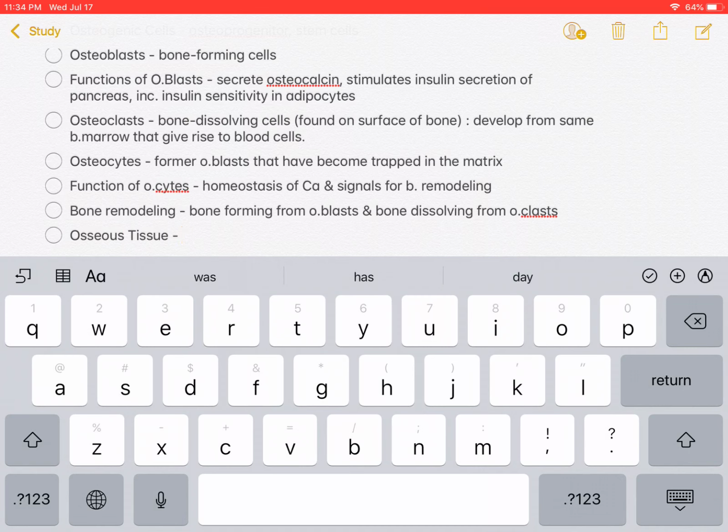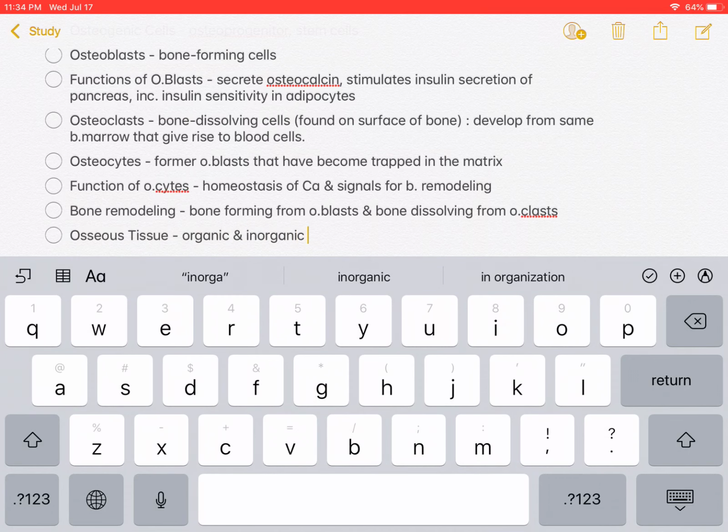That's collagen, carbohydrates, protein complexes, and also inorganic matter. It's 85% hydroxyapatite, or crystals of calcium phosphate salts, and it's also 10% calcium carbonate. So let's just type here, we have organic and